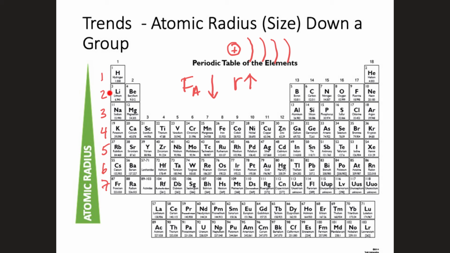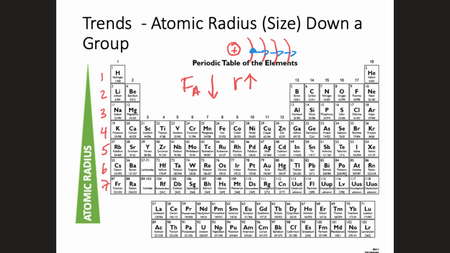Period 2, 2 energy levels. Period 3, 3 energy levels, and 4. And this is the energy level that the valence electrons are in. So every time we add a new energy level, this valence electron keeps moving further and further away from the nucleus. And as it moves further and further away, the force of attraction on it decreases,